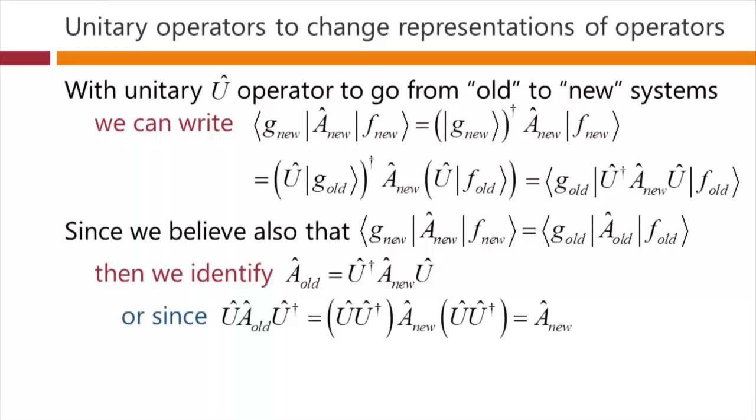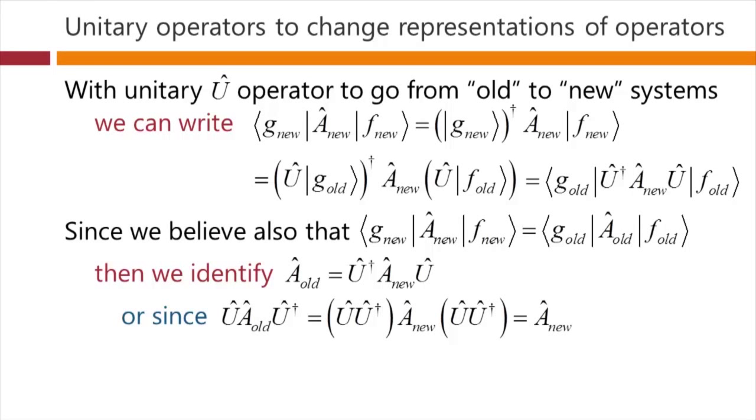Or we can change that round. We can pre-multiply by u and we can multiply by u dagger on the other side on this expression, and similarly on this one. So on this expression here, the u would give us u dagger, and the u dagger over here would give us u dagger. And, of course, u dagger u is just the identity operator. So this gives us a new